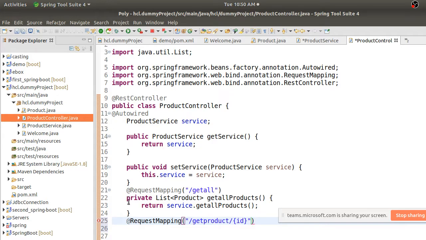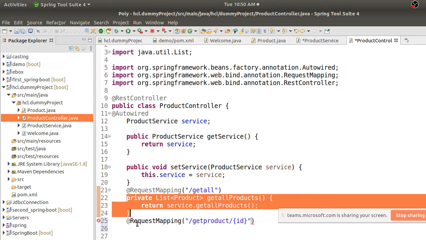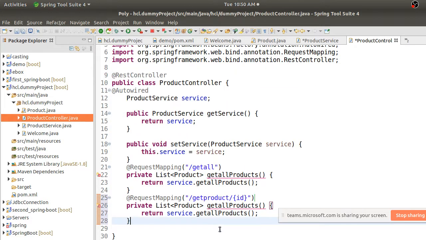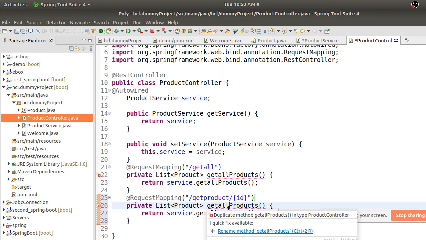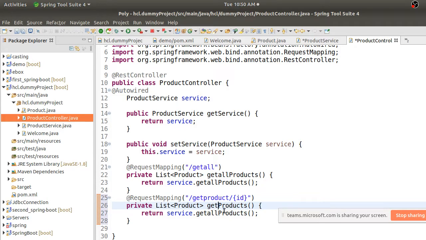Now you have to write the implementation for getting that particular product. So the get product method will now return one specific product, right? I will also name the same thing here.